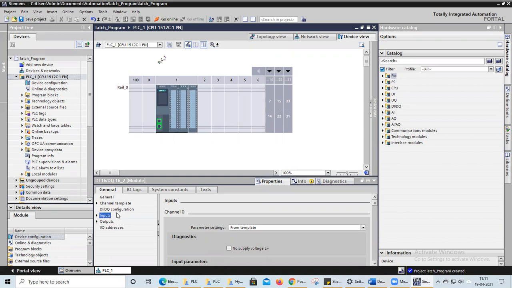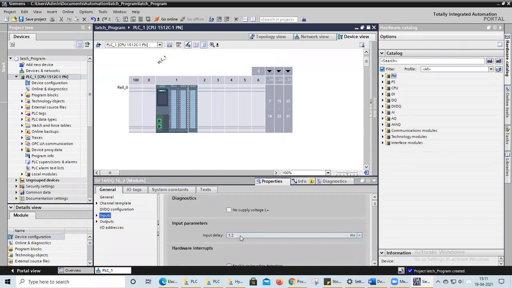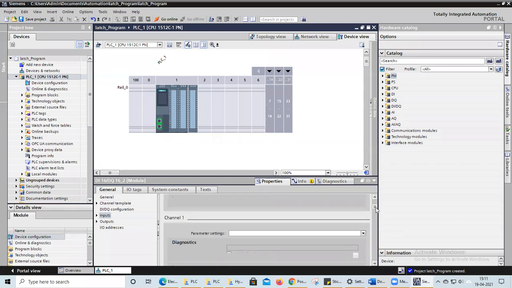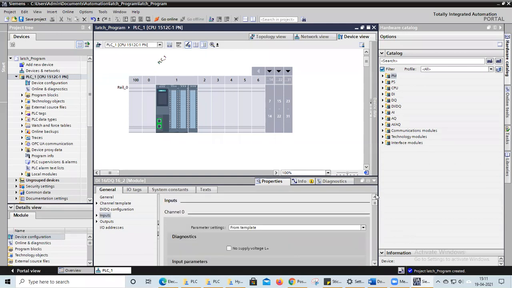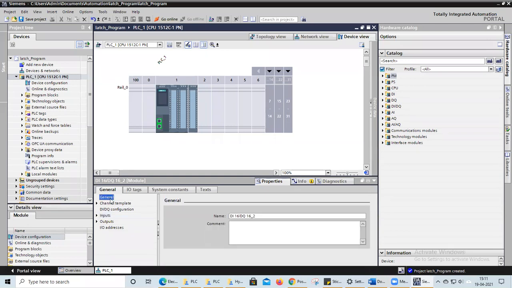The address of these input outputs you can find out here using IO tags. You click on this IO tags. Otherwise you can come to the bottom. Okay, nothing is provided. We'll go one by one. In general, we will see what are the things provided. In general, it has named digital input 16, digital output 16, second channel.